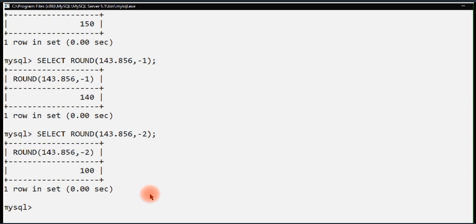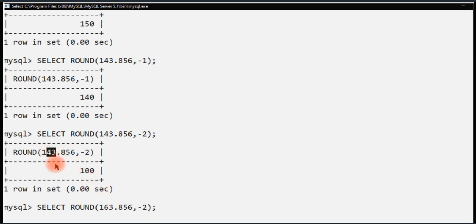Why is it 100? Because I've told you that we are converting it into 100. Now in the previous example, you can see it is given -2. That means we are going to convert it into 100. By mistake, I said 140, just to keep you alert that we are going to convert it into 100. So it will become 100.